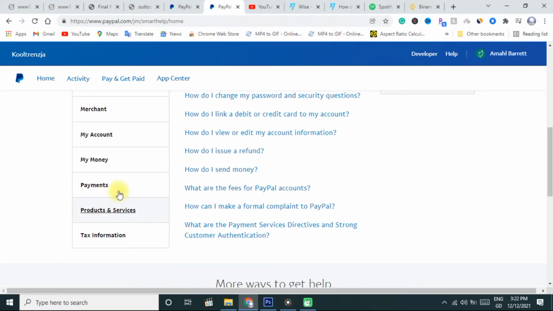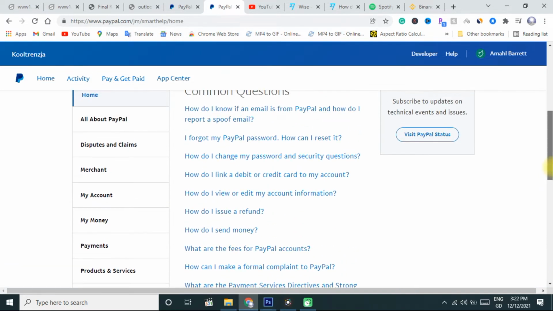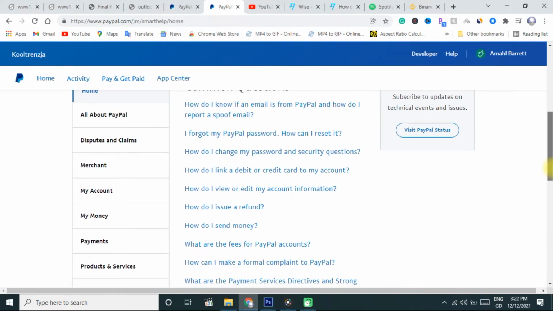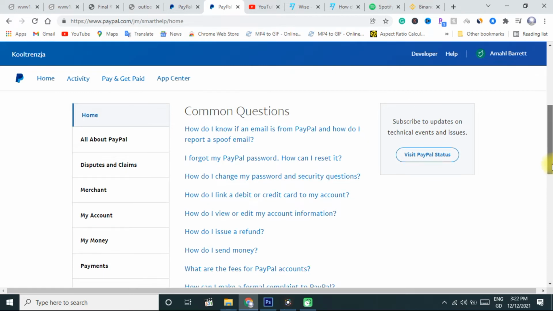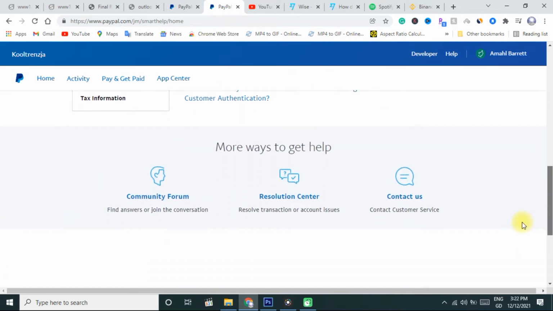All right, so we're looking for that option. It should be somewhere below here. Here we go. You can also use that payment option, but that's the longer way. So what I'm looking for is the contact us button that normally it's at the bottom. Here we go, the contact us right here. So we click on that,